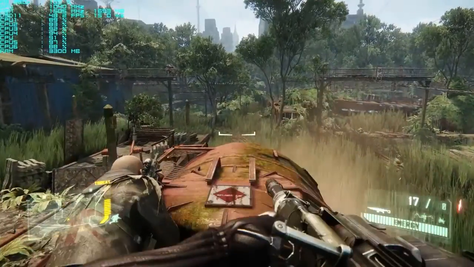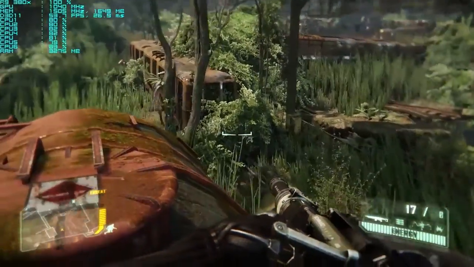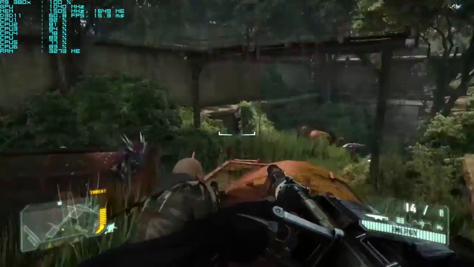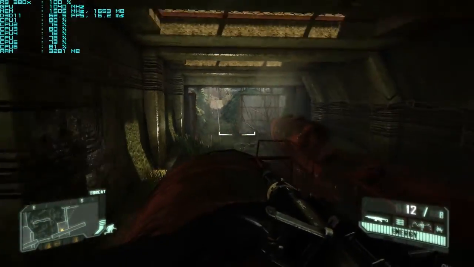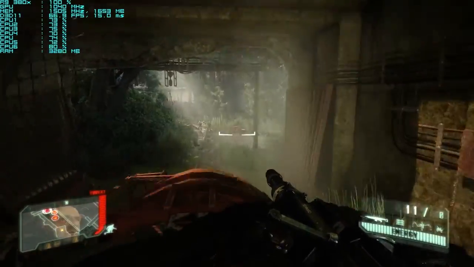Alright, so we got the infamous Crysis 3. I did tweak the graphics settings for this one just a little bit to maintain a frame rate at or near 60 FPS. This game is pretty graphically intense, so I think I turned down objects and the shadow settings to about